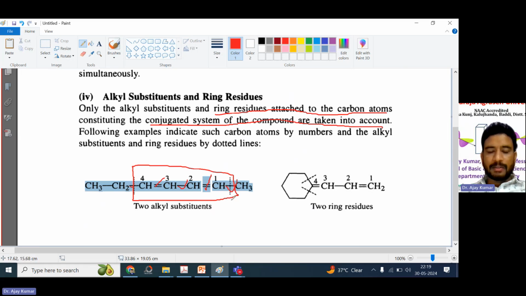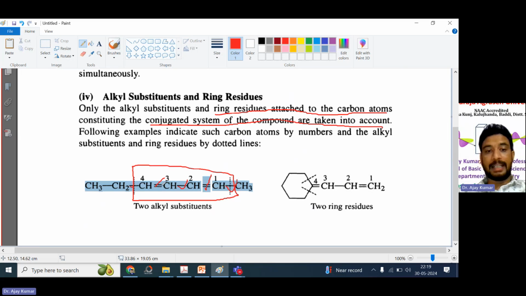So this is the part of conjugation. From where the conjugation has started: single bond, double bond, single bond, double bond, and again single bond. It is a conjugation. So the substituents means whenever you see the substitution, only at the conjugation part